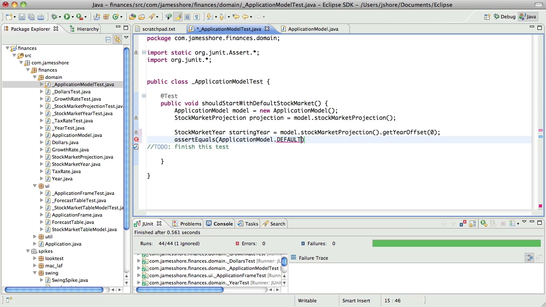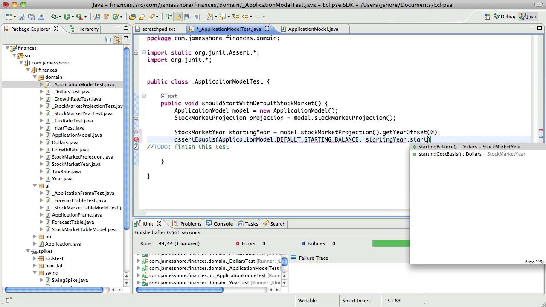I think I want to say default starting balance is equal to the starting year's starting balance.